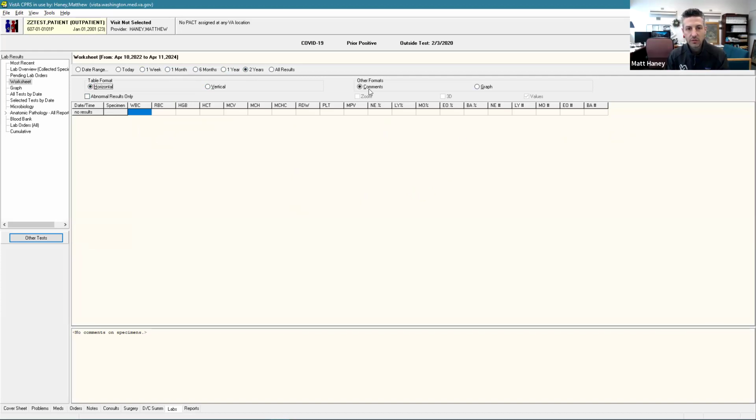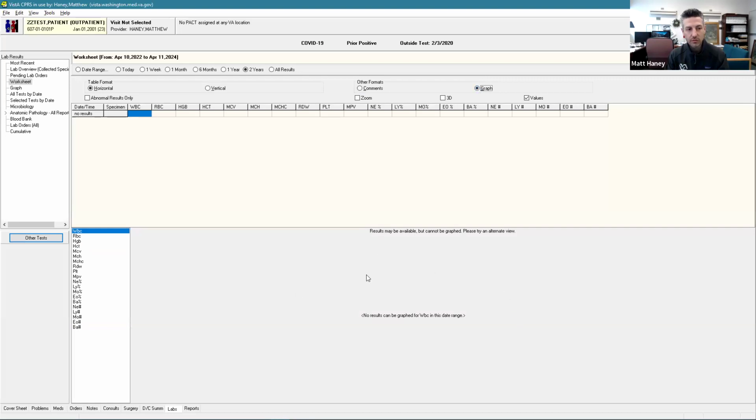You can also select graph or comments. Comments is good to have. It will tell you things like your specimen is hemolyzed, for example, if the lab entered a comment on your lab result. Otherwise, you can select a graph and it will create a graph of your specific test. You can only do one of these at a time, so even control clicking won't select multiple because they'll